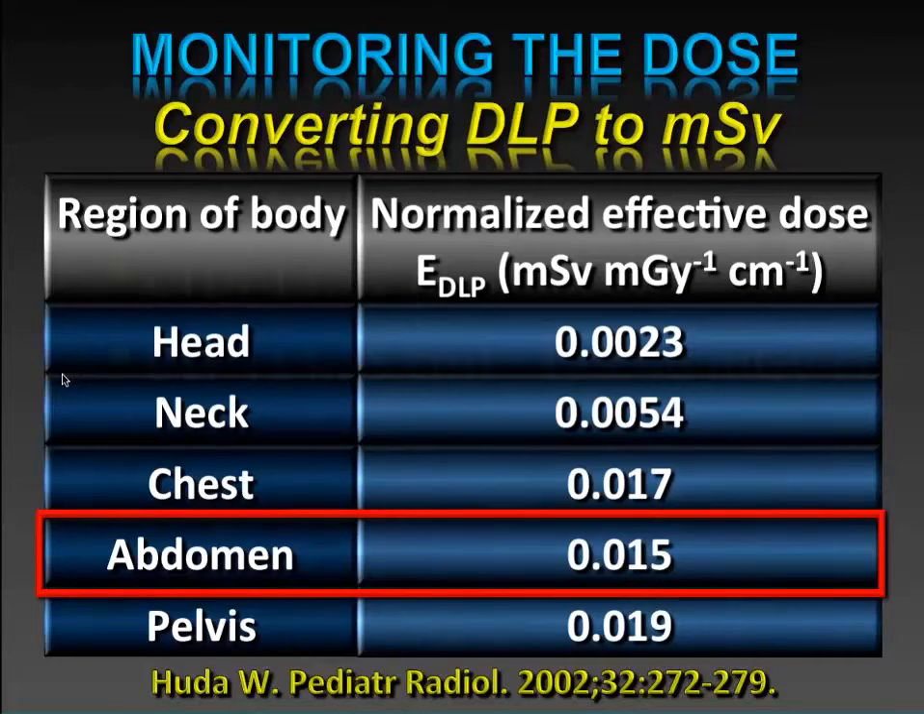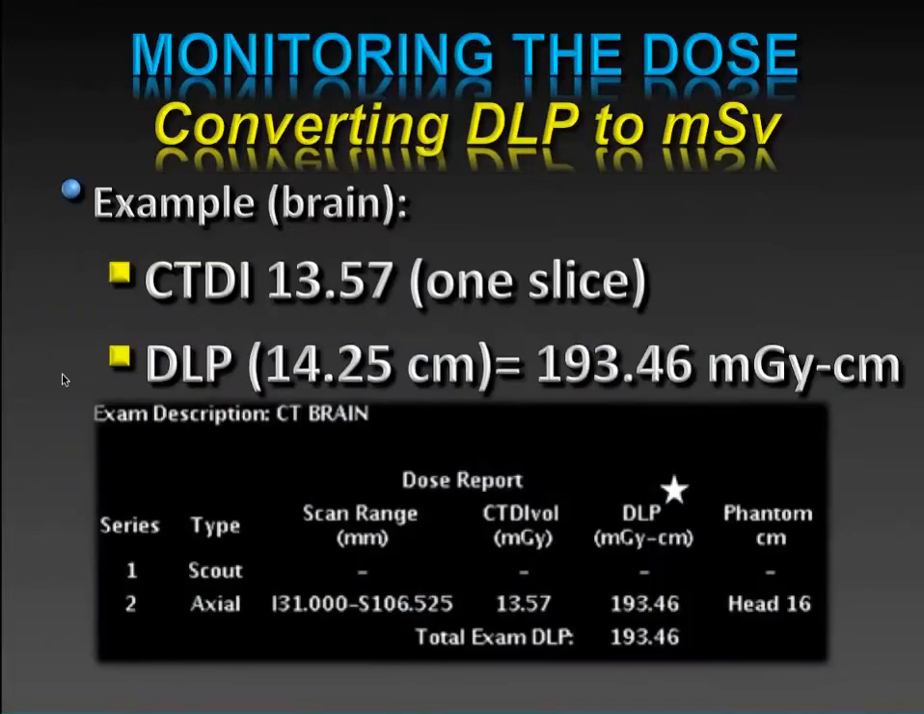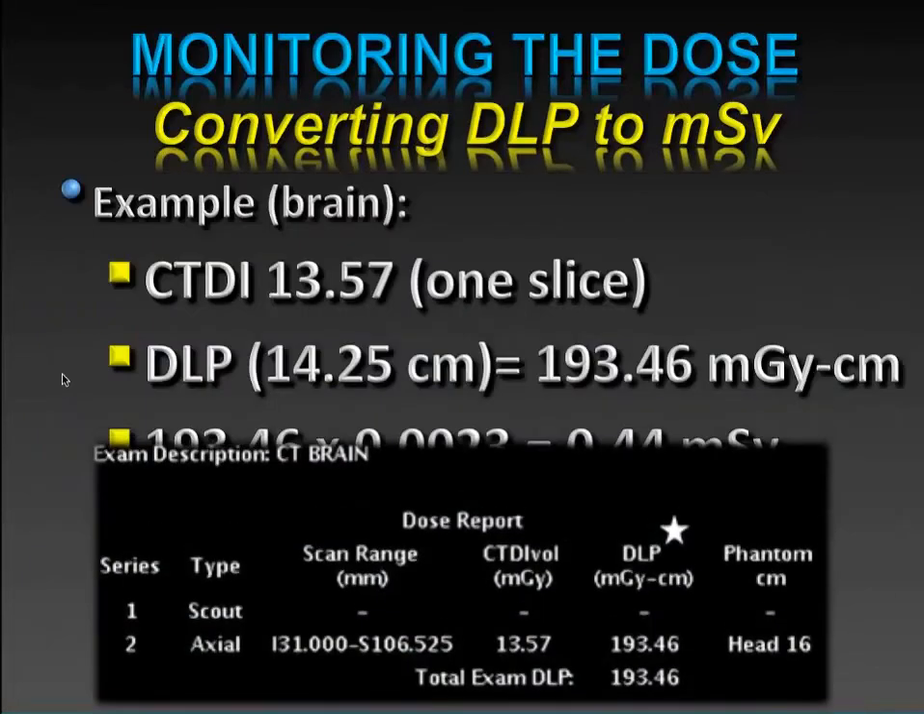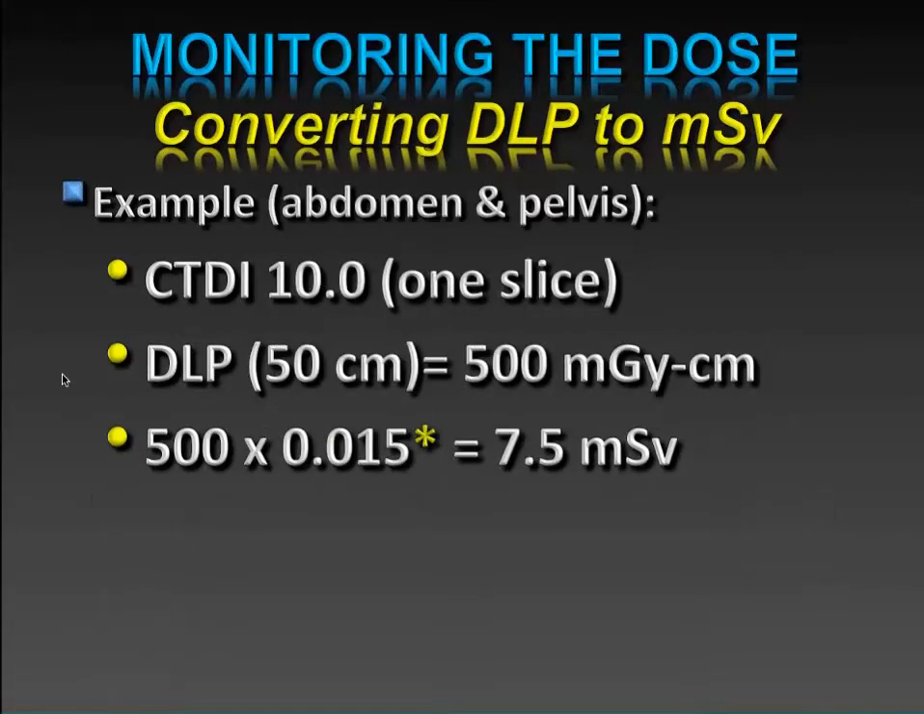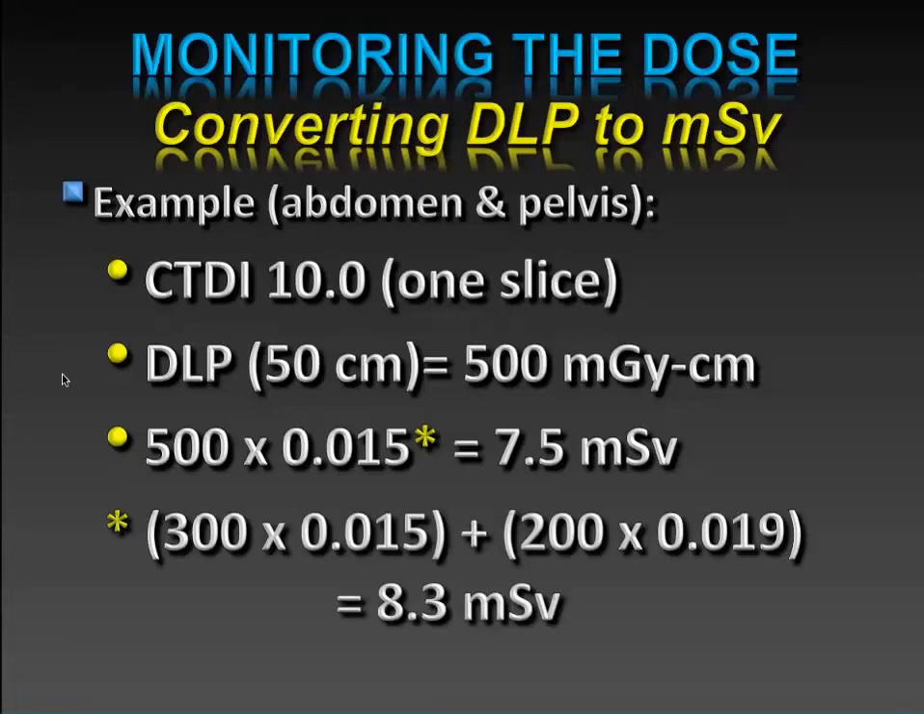For example, for a brain CT, you simply take the DLP, which is 193, you multiply by 0.0023, and that'll give you the dose in millisieverts, taking it from the dose page. And for an abdomen and pelvis, again, move the decimal over from 500 to 5, multiply by 1.5, that gives me 7.5 millisieverts, although technically you factor in the pelvis as a slightly different factor, and it's a little bit higher than that. But it's math that you can do in your head